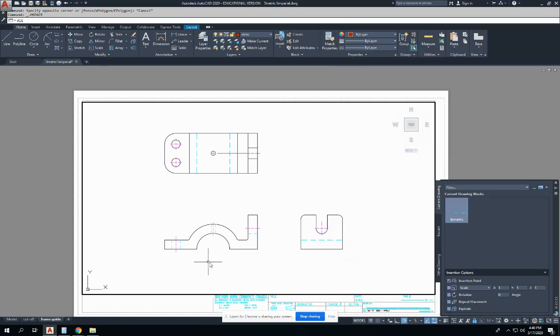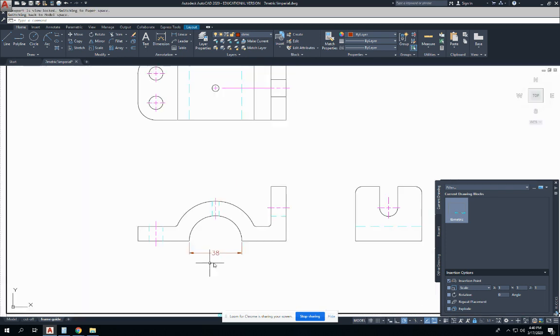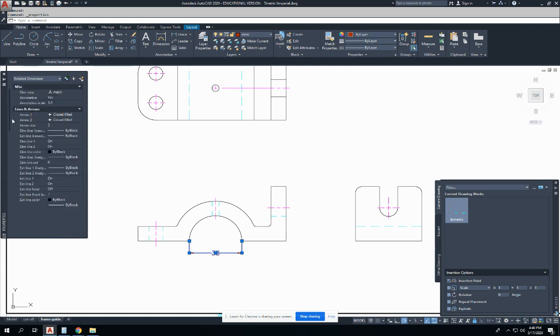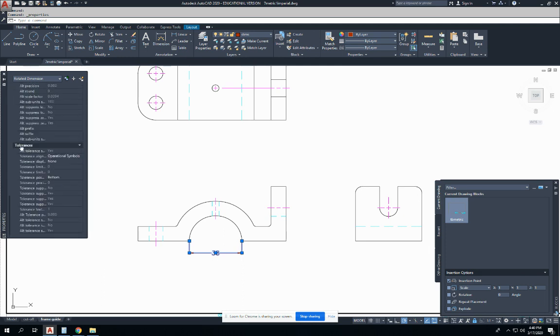So I'm going to do a linear dimension from here to here and place that dimension off of the part a distance of 9 millimeters. Now, the tolerance of that dimension is not showing up, so it gives us an opportunity to work with tolerance right away. We haven't done that yet. This is not something I want to apply to every dimension, so I'm going to select that one dimension, go into Properties, slide all the way down to the bottom where I can see tolerances,